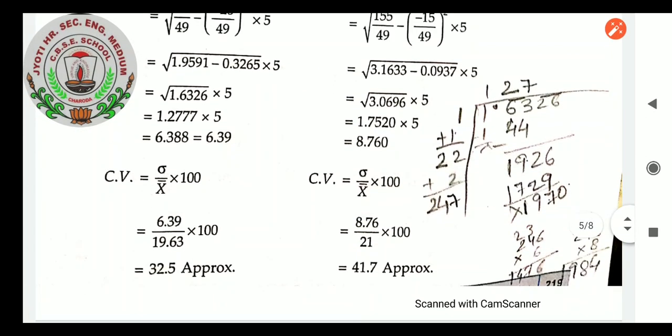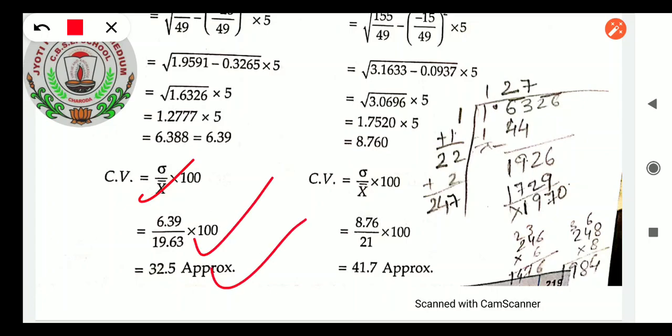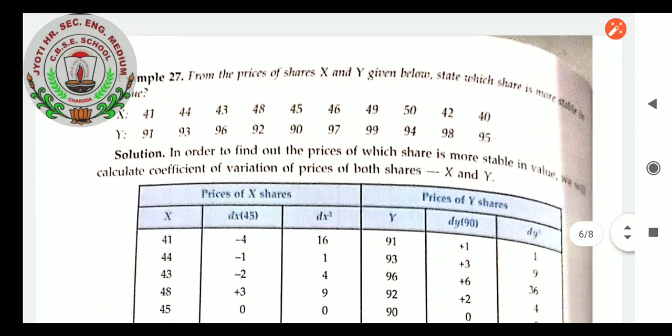Now the next is CV, coefficient of variation. Standard deviation and mean are calculated. Mean by shortcut method, again I want to remind you, is a plus sum of fd upon n into i, the step deviation method. Step deviation method mean, step deviation method standard deviation, then for the coefficient of variation we take standard deviation answer upon mean into 100. This way we will get the coefficient of variation. Nothing was new there, you already completed the standard deviation chapter. I just practice you this type, many questions are there.